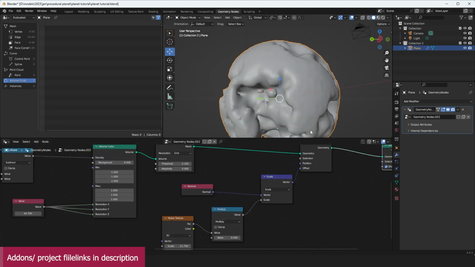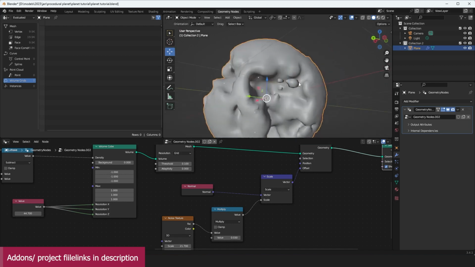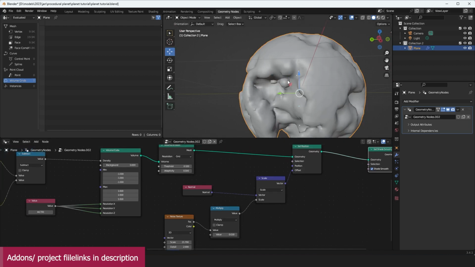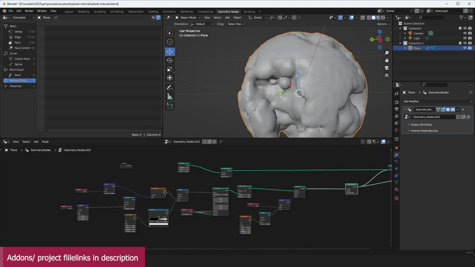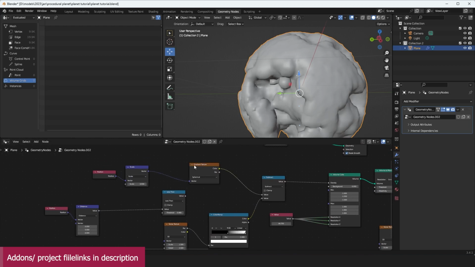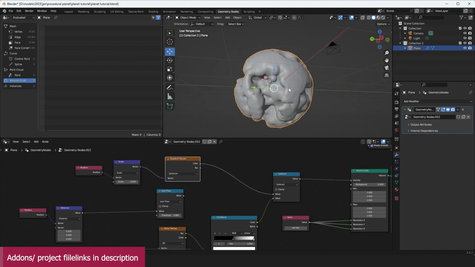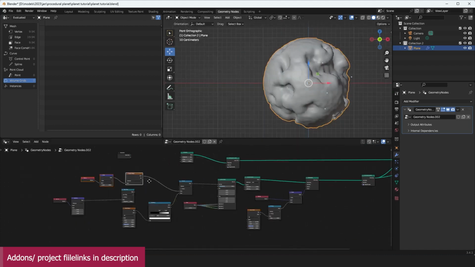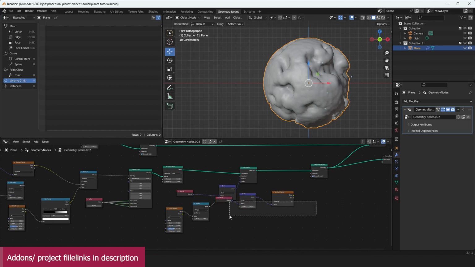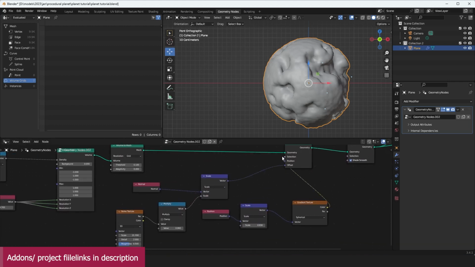Shade smooth. Another thing I'm noticing is that the noise is also being added to the depth of the ocean parts. I want the noise to just affect the continent part. So what I'm going to do is use this spherical setup, this gradient setup. If you remember, we're using this gradient to create a selection of the volume we wanted to keep, and we can also use it to create a selection of the vertices or points we want the noise to affect. So I can just grab this, connect it to the selection,